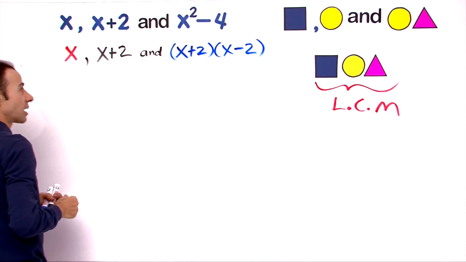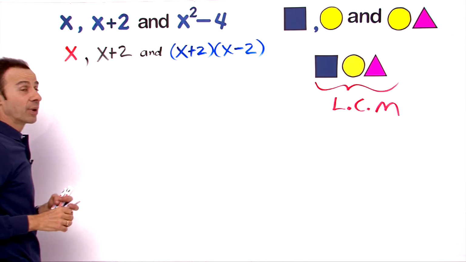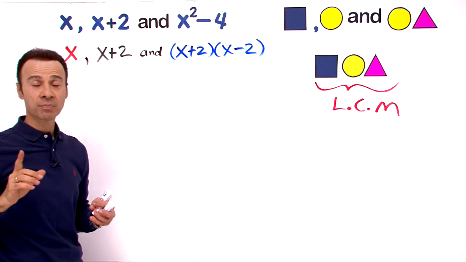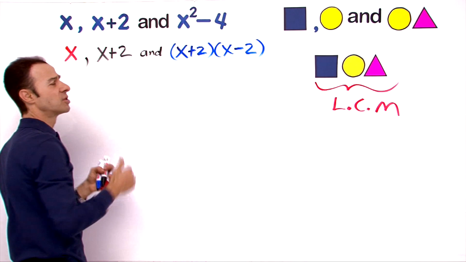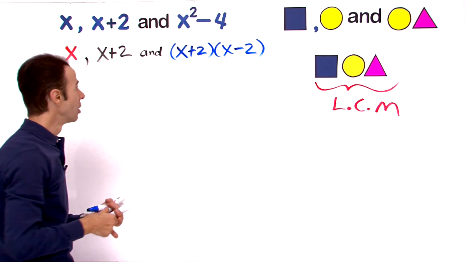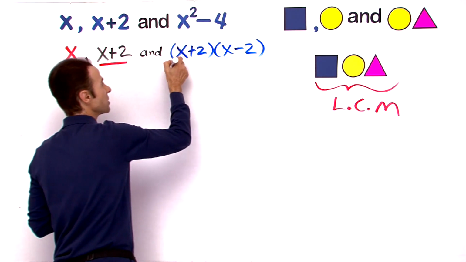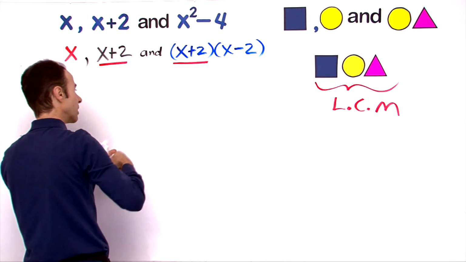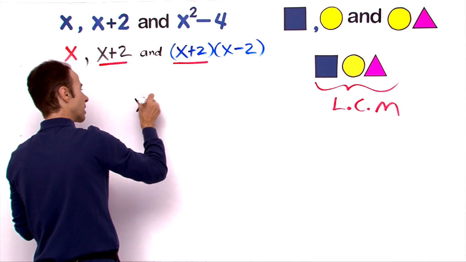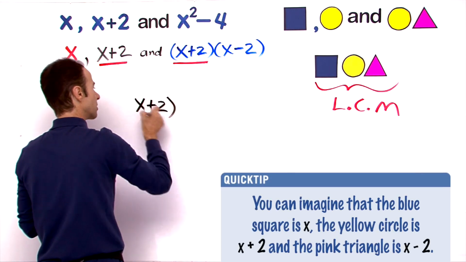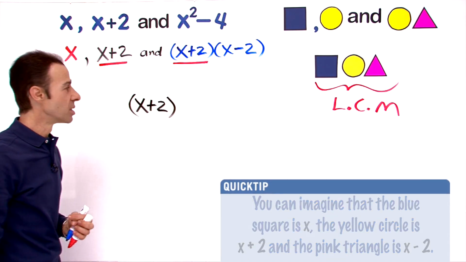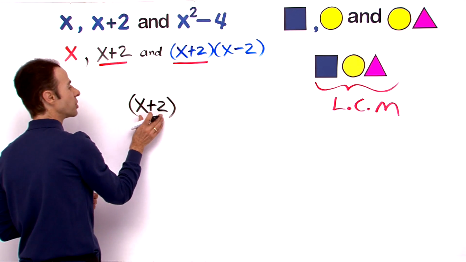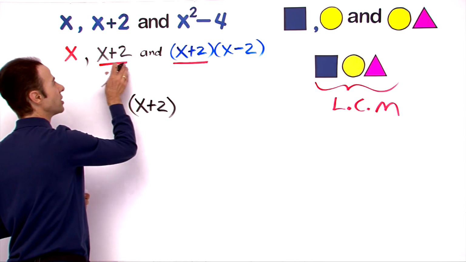So we take one side, this side over here, and we ask the question. But before we ask that question, we ask the question between both of them. We ask what's common to both sides. Well, what's common is the x plus 2 and the x plus 2. So we write down here x plus 2. That's common to both sides, because we're looking for the lowest common multiple. So now that we've got x plus 2 between this side and this side,